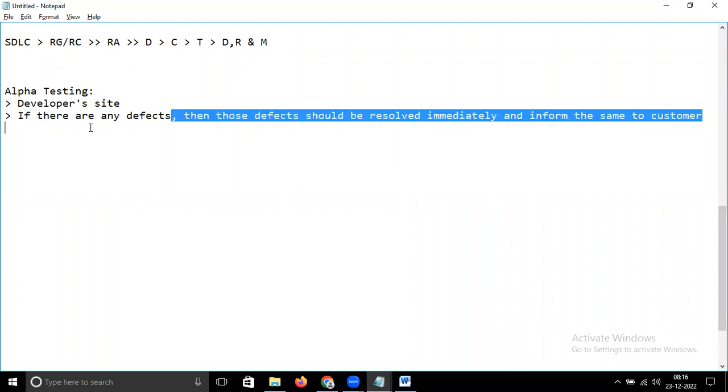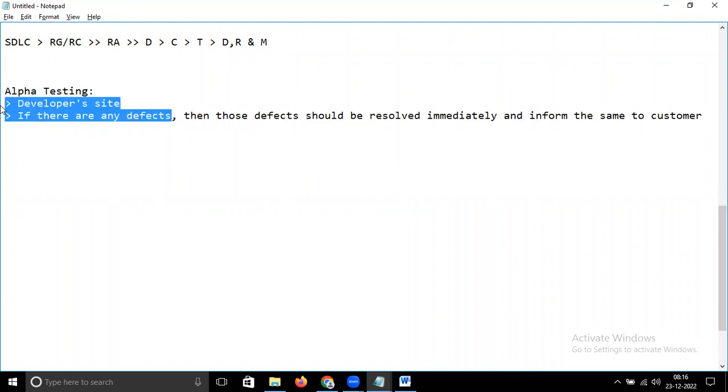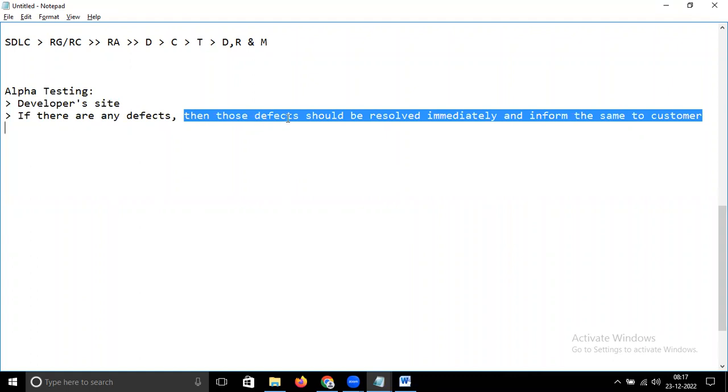Whenever you are facing defects in this testing part, those defects should be resolved immediately. Don't wait for customer approval, or for anyone else. If you think this is a defect and there is some deviation between the implementation and the actual requirement, you need to fix it immediately